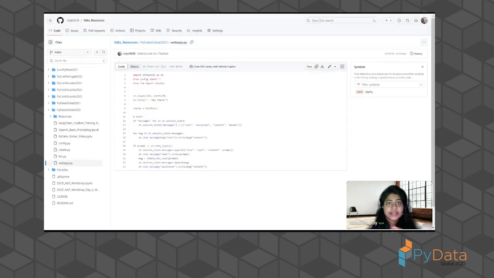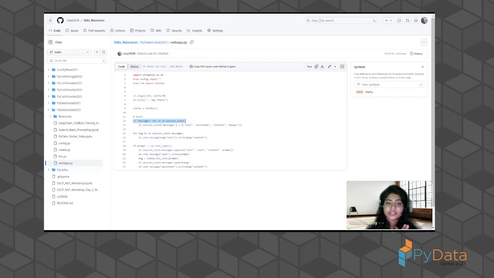It's very clean code. If there is nothing in the messages, that means it's just the start of the chat, and the starting message is howdy. If it finds messages, then it starts appending to them.